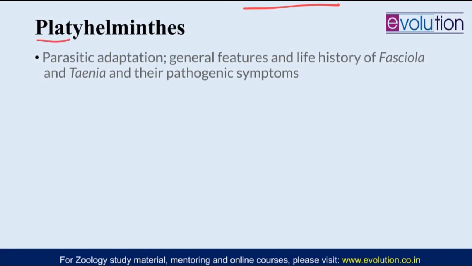Platy actually means flat, and helminths means worms. So the phylum Platyhelminthes includes flatworms. Here there are three germ layers: ectoderm, mesoderm, and endoderm. So that is also happening for the first time. Porifera and Cnidaria are diploblastic organisms, so they only have ectoderm and endoderm separated by a mesenchyme or mesoglea. But here, for the first time, mesoderm appears, but they are still acoelomate. There is no body cavity apart from the gut cavity. The rest of the body is filled with tissue.